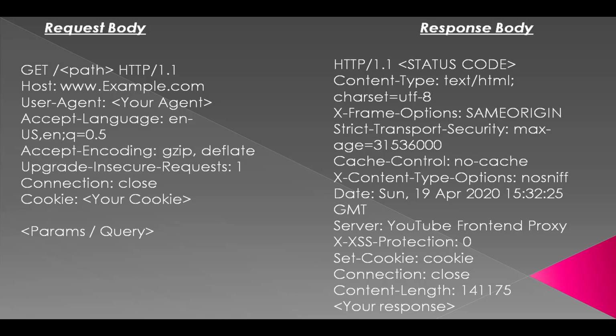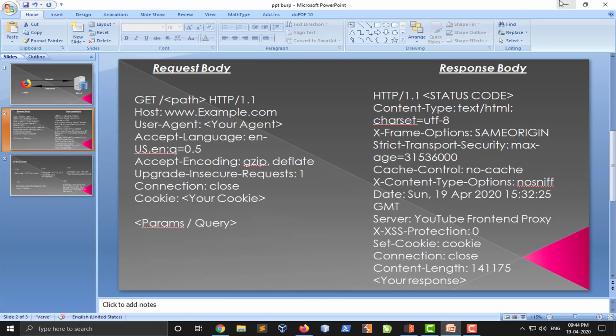It is based on whether we are passing any limit of characters of content that can be responded on our content length. And the last thing is your response. So what is the response? The response will be shown in many formats like JSON, XML, HTML, PHP, and other kinds of responses. So we understood the basic things here.